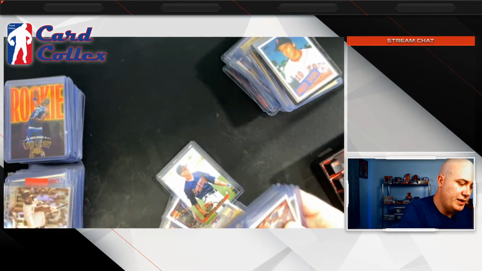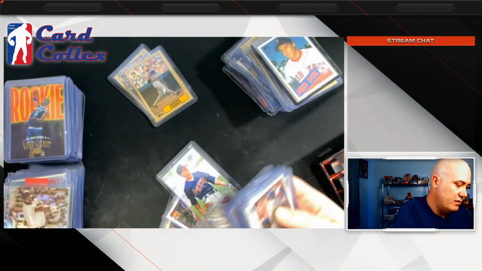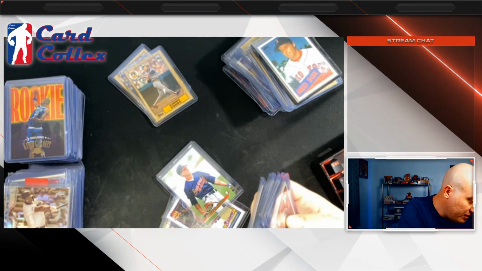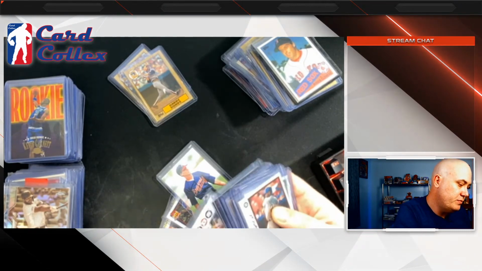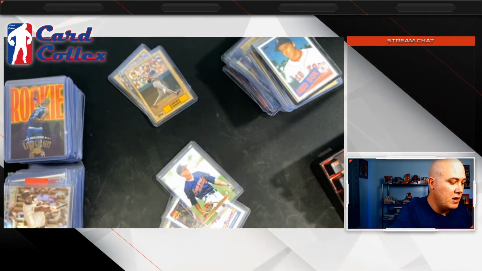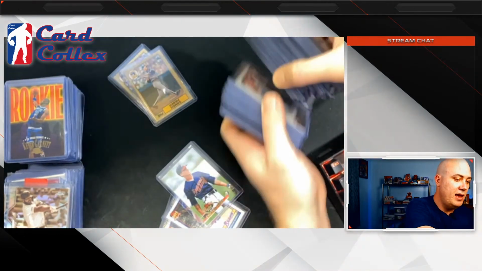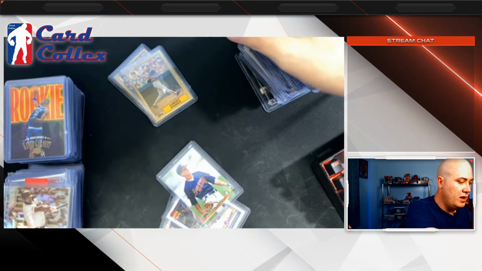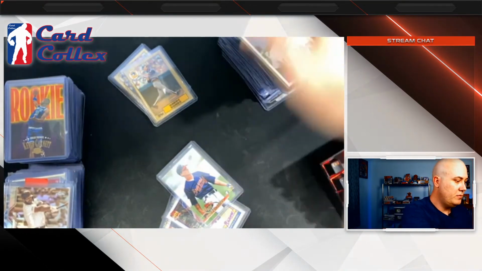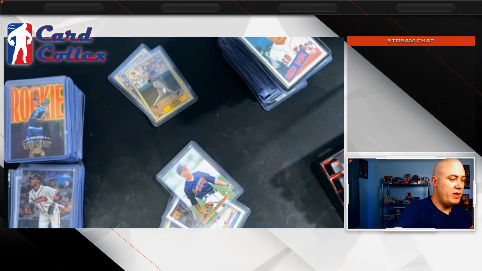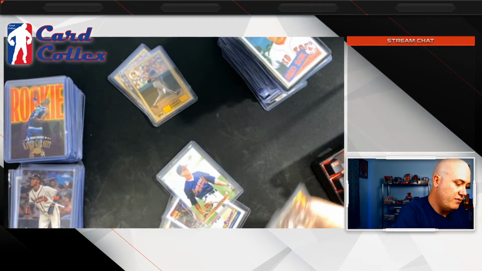I've gone through these, and they're not necessarily gradable. Bunch of Joey Votto rookies. I'll list them as near mint or near mint plus or something like that. I just don't expect these to be a PSA 10.